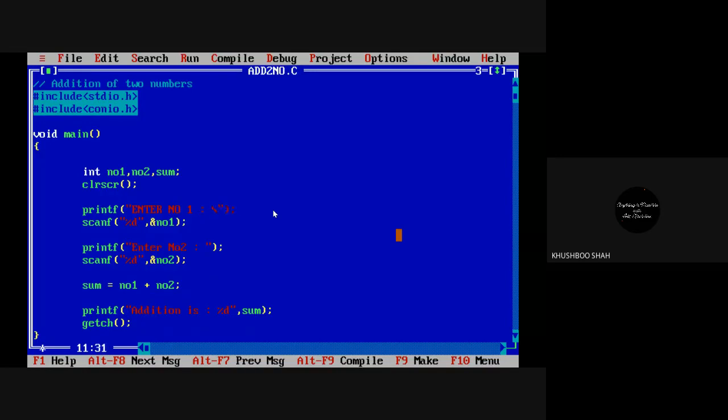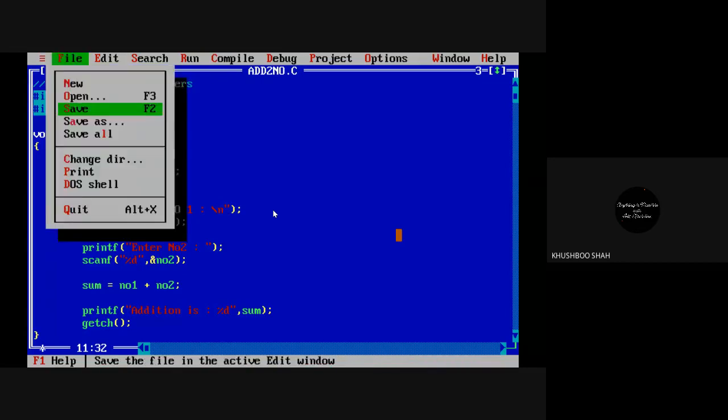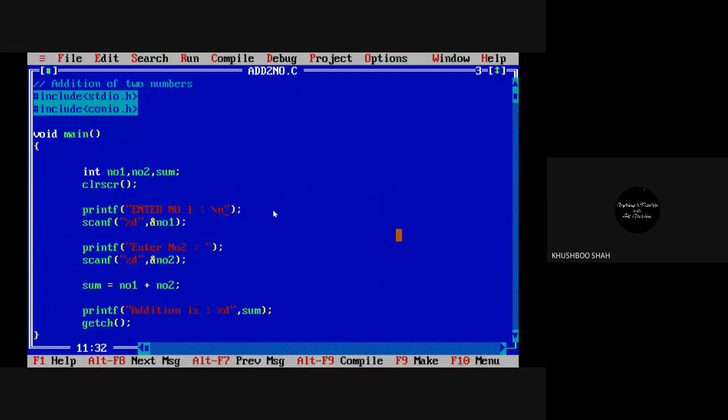Okay, so your question is this, right? What will happen if I write \n over here? See this. It is asking me for the next line. The cursor goes to the next line. Can you see? Yes, ma'am. Earlier it was there only, but now it has come to the next line. Fine? Yes, ma'am. Okay.